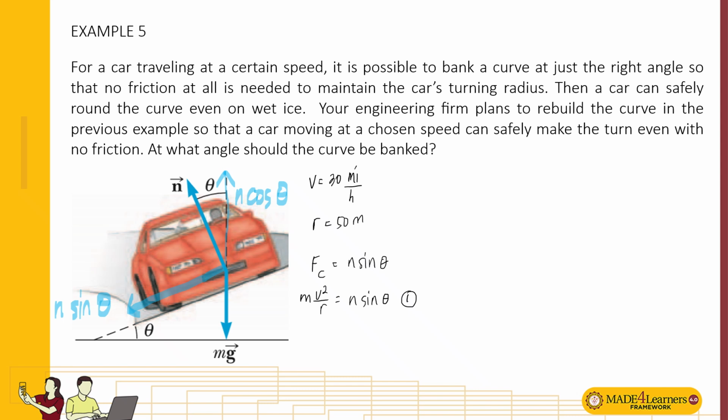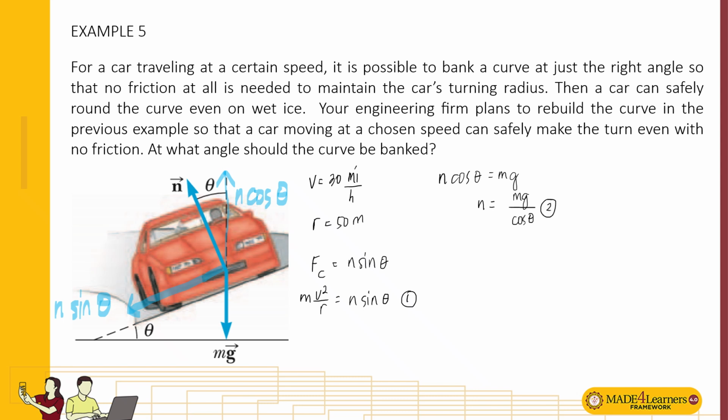So there's another axis that we can use, the y-axis. The car is not moving, obviously, along this axis. So this force is equal to this force. So we can say that N times cosine of theta is equal to mass times acceleration due to gravity. So we can replace the N in equation 1 with the N from this equation. Solving for N, we have the weight of the car over cosine of the banking angle. So let this be equation number 2.